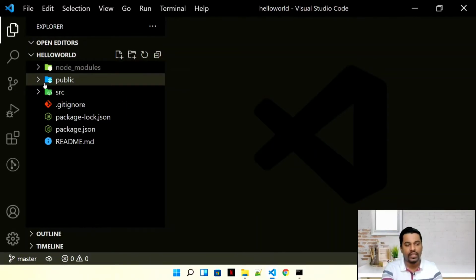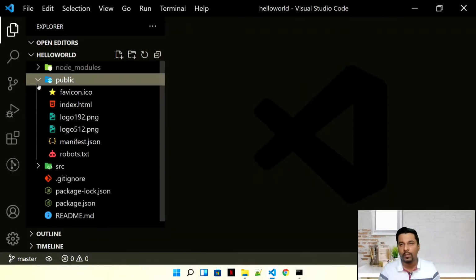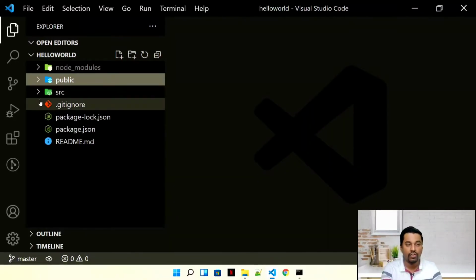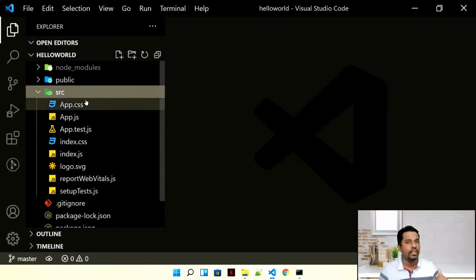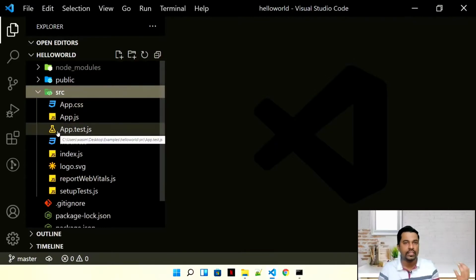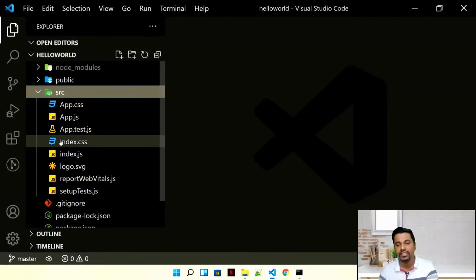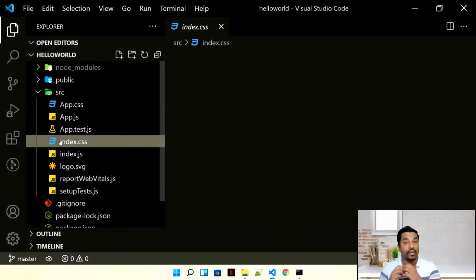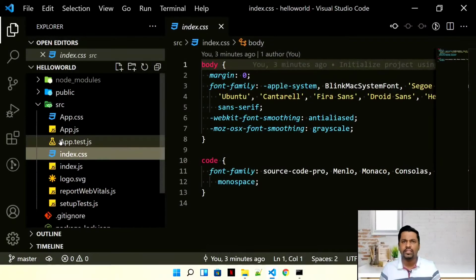We have all the public files, so you can delete all these public files except the index.html. That is okay, you don't need anything else. We have the SRC folder. All these folders are important. Most people, if you're seeing some other videos, usually delete this SRC folder and create it again. I will not recommend it because these have app.css and index.css. These are some default CSS which are given to you ready-made. Whatever is given to you, you can utilize. So it's always a good habit to utilize them.